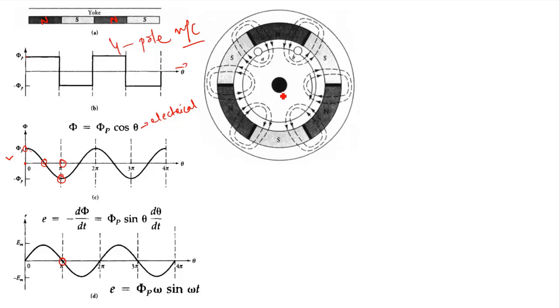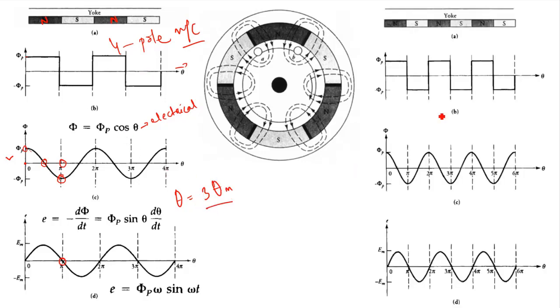Again, we can plot the same kind of plots, but your electrical angle will be thrice the mechanical angle, 6 by 2, right? Number of poles by 2, so thrice the mechanical angle. We can see here, right? So this is your north pole, south pole, north pole, south pole, right? Now we can see that